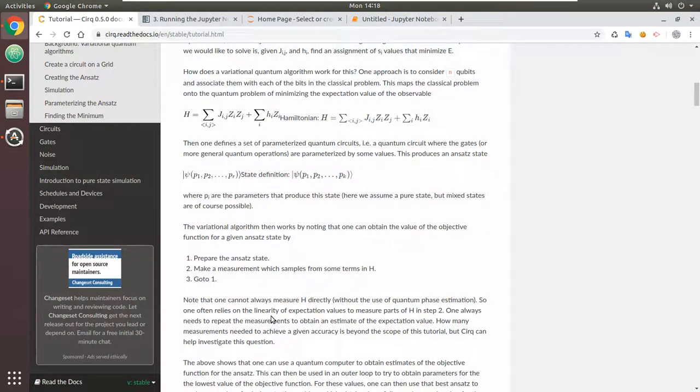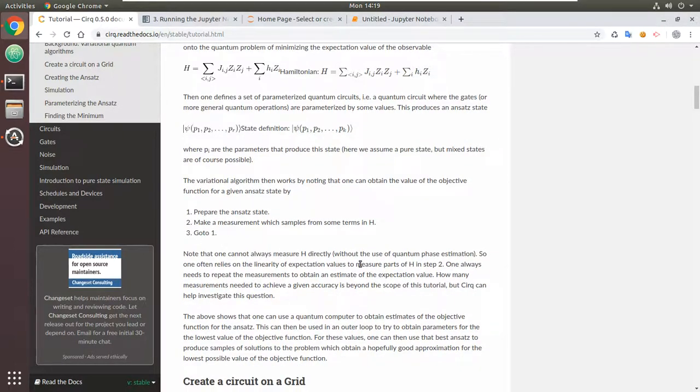The variational algorithm then works by noting that one can obtain the value of the objective function for a given ansatz state by preparing the ansatz state, making a measurement which samples from some terms in H. So this is repeated measurement, and note that one cannot always measure H directly without the use of quantum phase estimation. And this is, I have to thank,